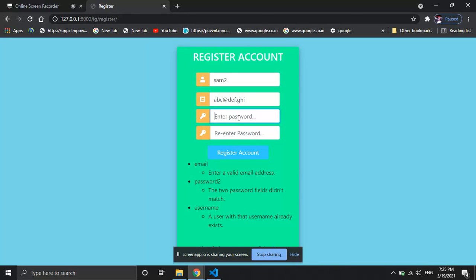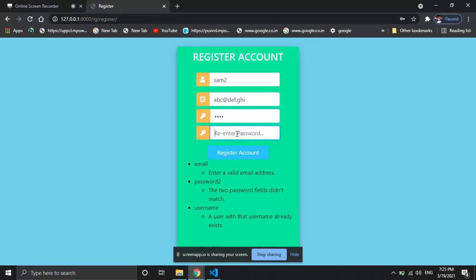All the important things like a capital letter, a special character, a symbol should be over there. If we don't do all those things, like if we give the password as a b c d,